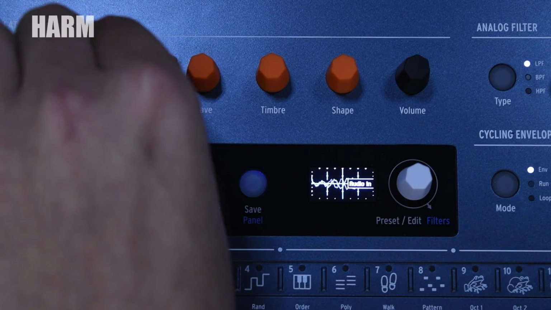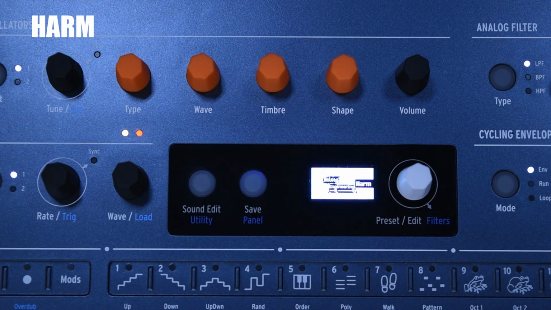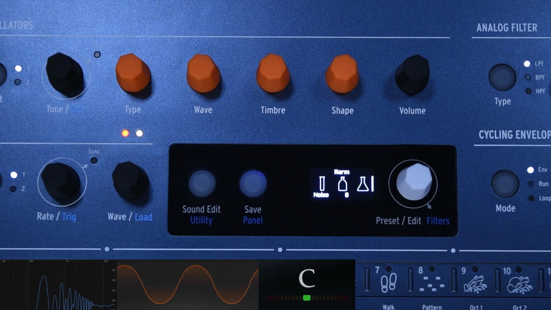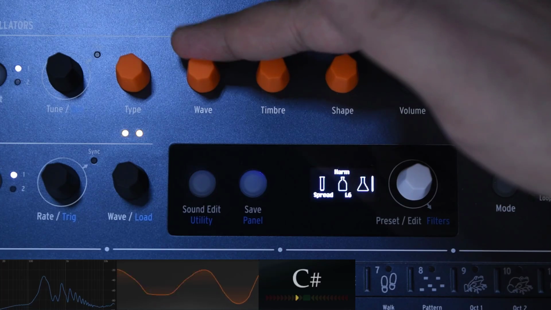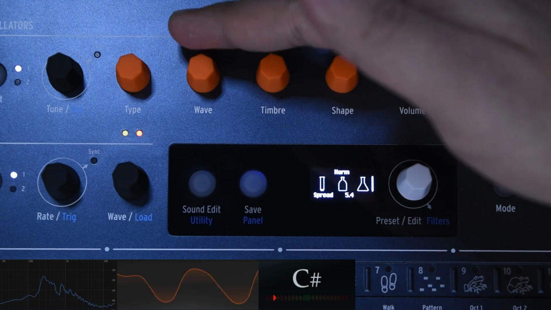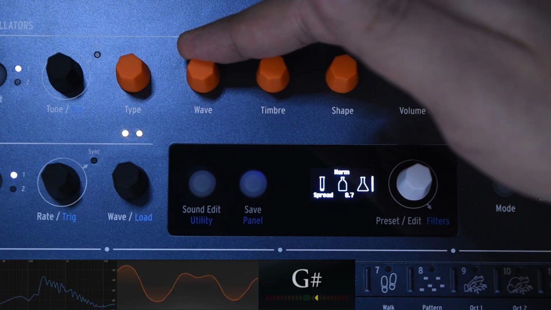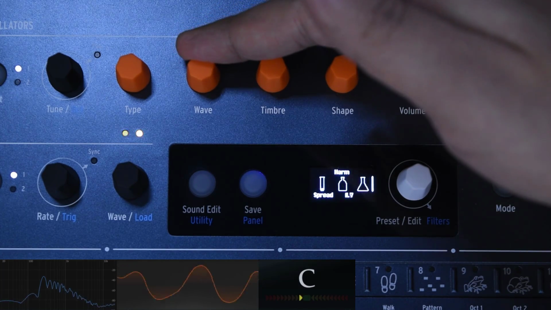Okay, so coming up next, it's going to be the Harmo. If I go all the knobs down on this one, everything is all the way to 0. I play it and we get just a sine wave. We don't get a lot of harmonics. It's not a perfect sine wave, so we do get some harmonics. If I go up, we start getting more, and we can see them right there, detuning. That's why this is spread. We can see on the spectrum all the harmonics